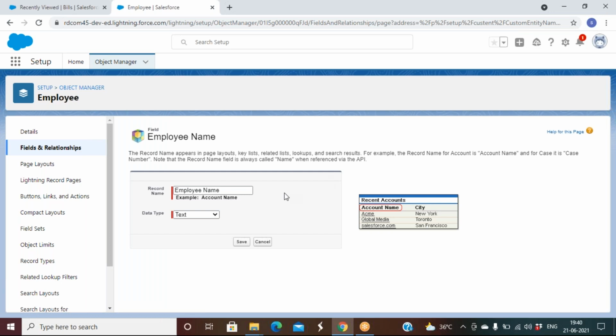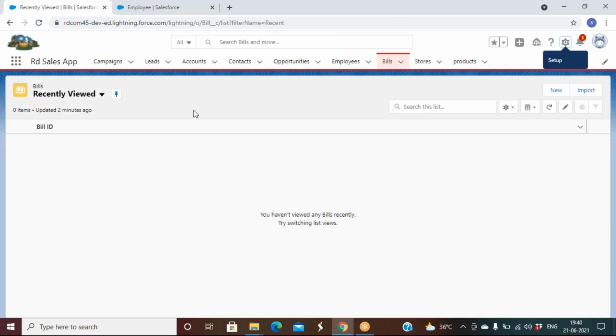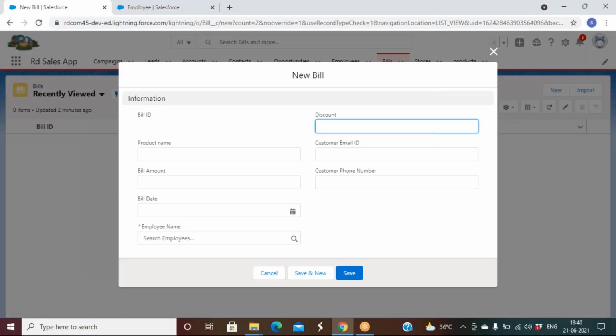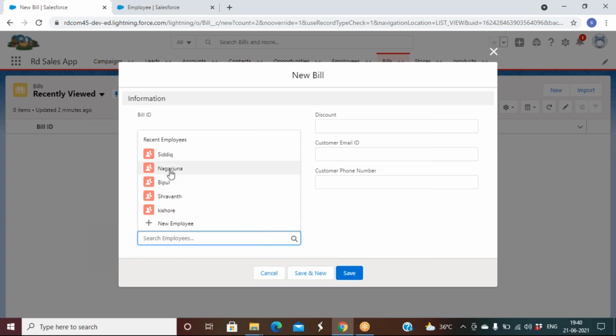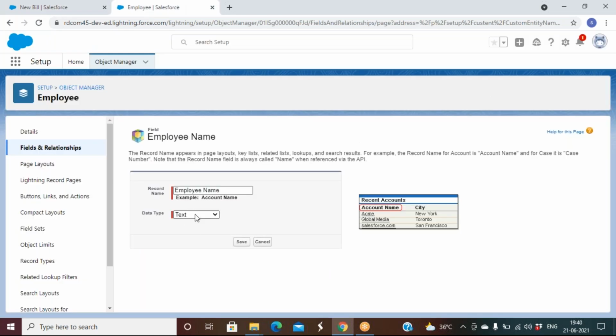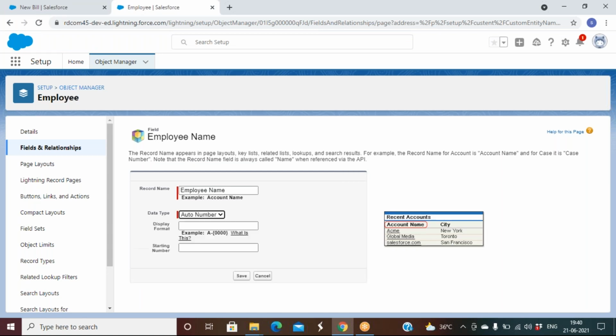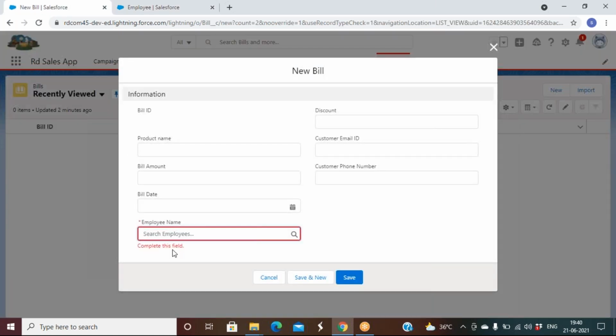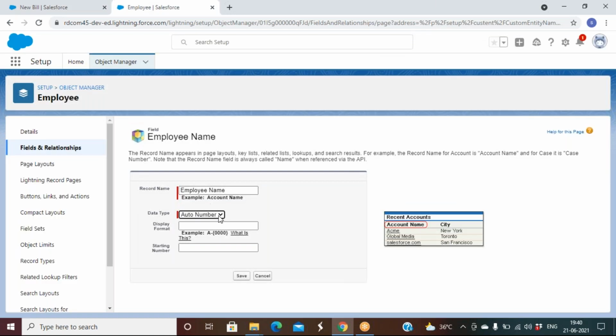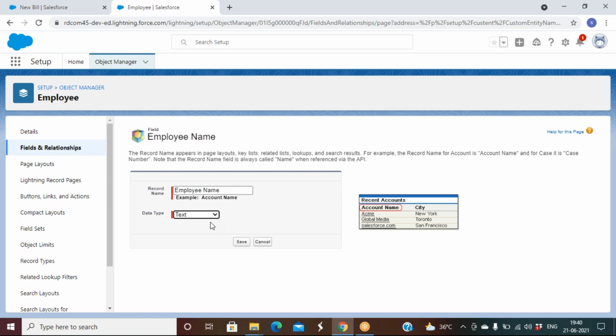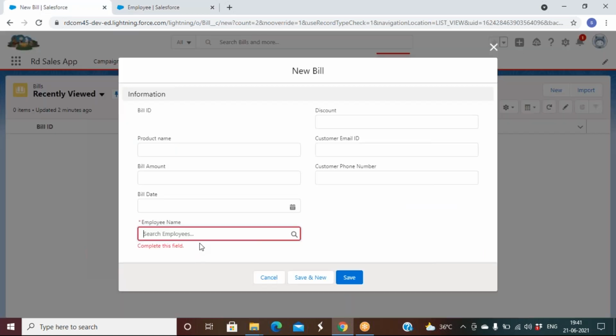When you try to create a relationship, once you define a relationship, whatever field you are calling from here is the record name. That record name, if you change it to auto number, an auto number will come here. If you keep it as it is, the text values will come here.